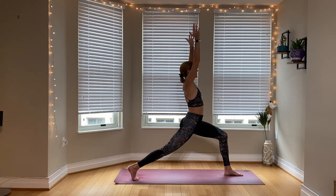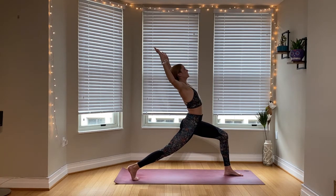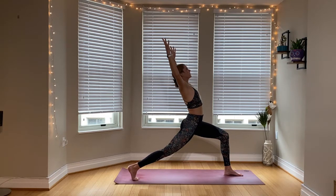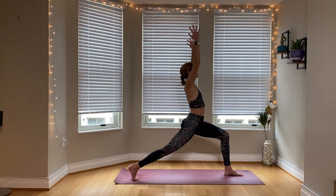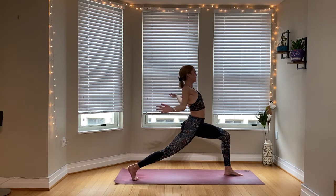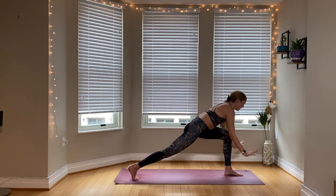Maybe find that same opening of the heart and the shoulders. Inhale, reach up. Exhale, cactus the arms, squeeze the shoulder blades together. Inhale, reach. Exhale, come back. One more time, inhale, reach. Exhale, sink into it. And then let the arms come all the way down and around to frame the left